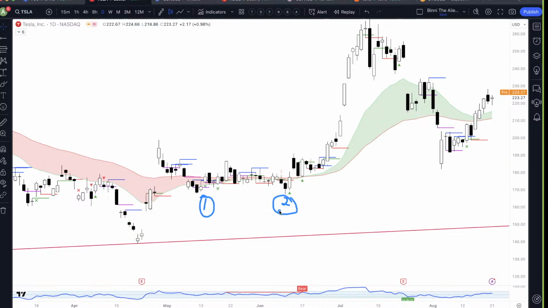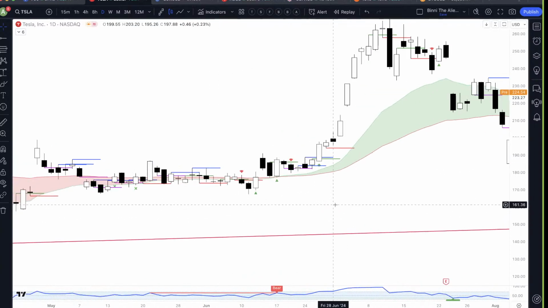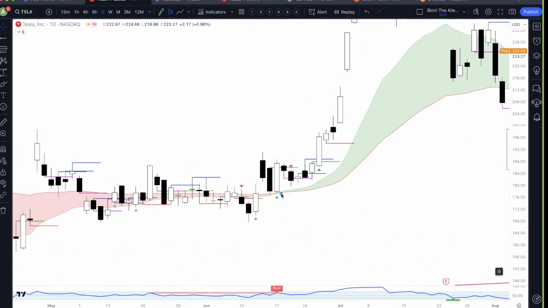So when I covered Tesla with my students, it was after I had observed the second tap, and then I saw that there was a wash and rinse, which is this one here and this one. So what is the color here, green or red? Yeah, green, right? And what was the moving average then, green or red? Yeah. So when you have two greens and then you have that wash and rinse